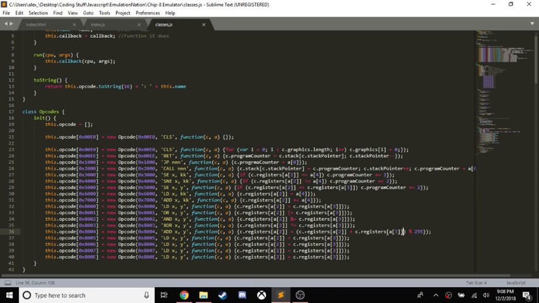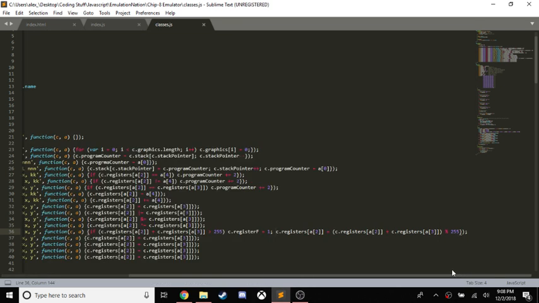So now that that happens, and then before that we actually need to say if C dot registers of A, and then 2 plus that is equal or is greater than 255, we need to do C dot register F is equal to 1, and then add a semicolon, and then it sets it equal to it. Okay,